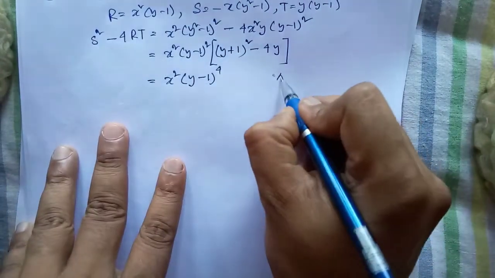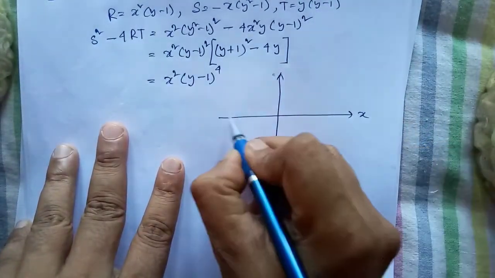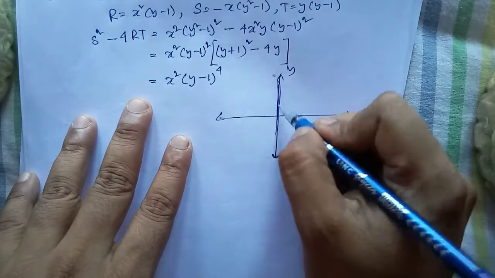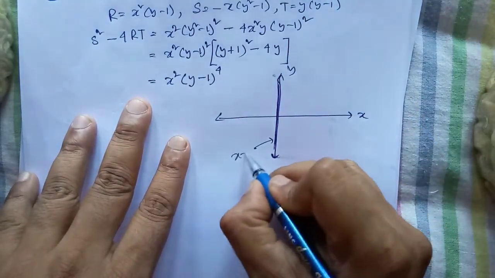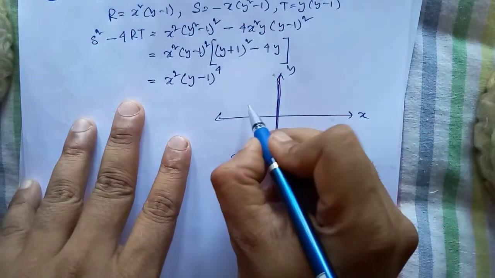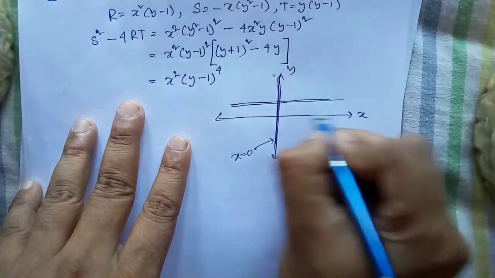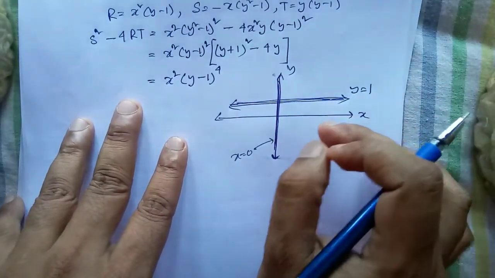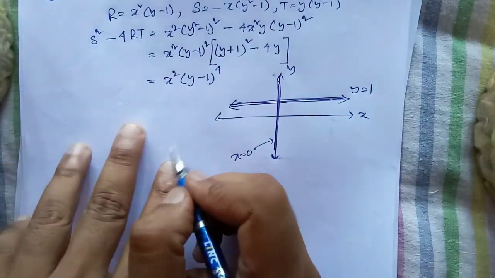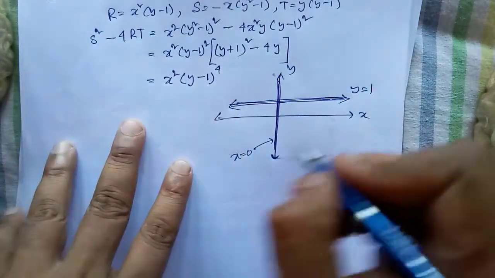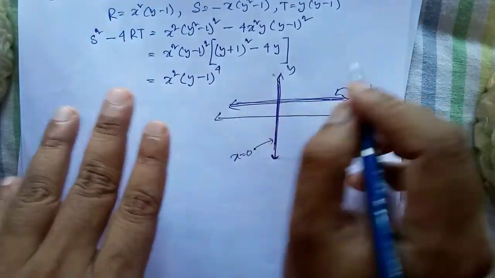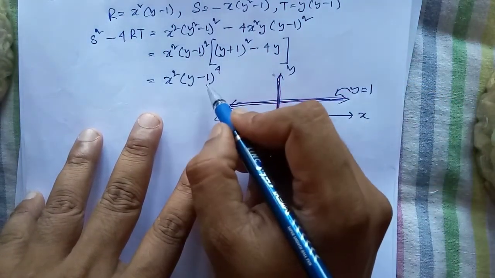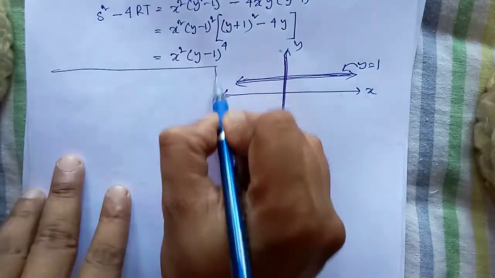So what we get, if we take the xy plane, then x equal to 0 means this straight line, right? This is x equal to 0, and y equal to 1 means this straight line. So on these two straight lines, this differential equation is parabolic, okay, and for the rest of the whole plane, this should be hyperbolic, because this should be positive only. Okay, so the next problem,